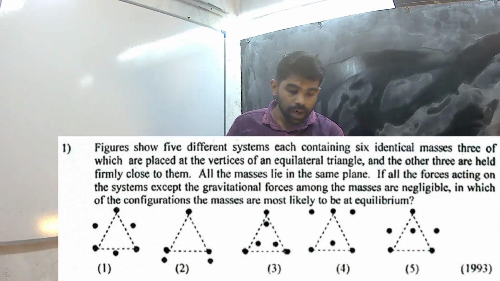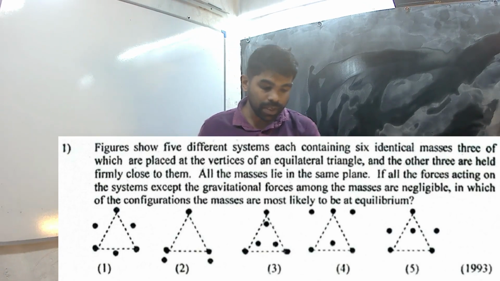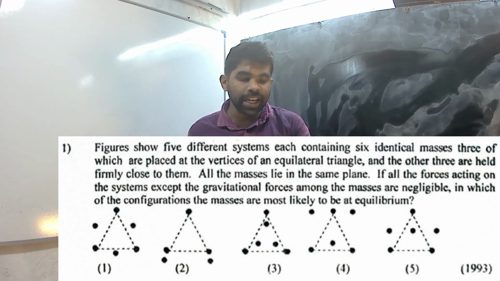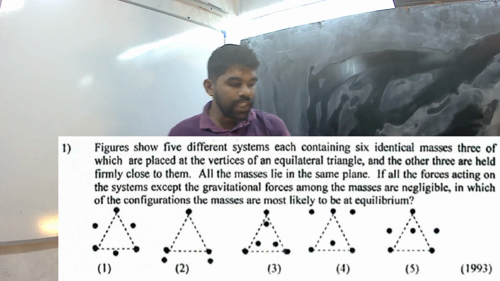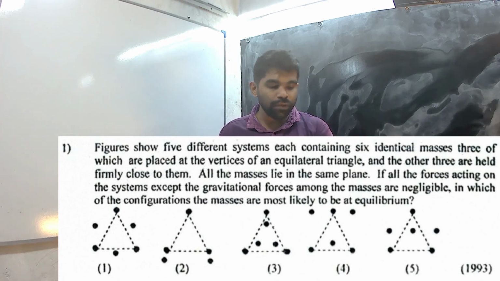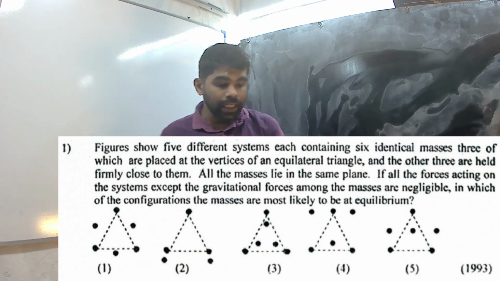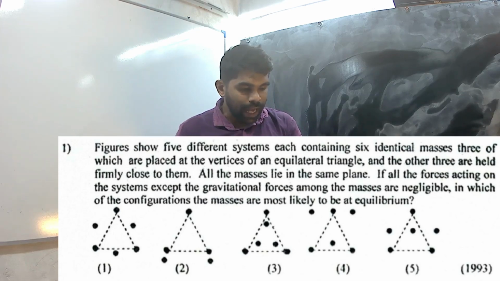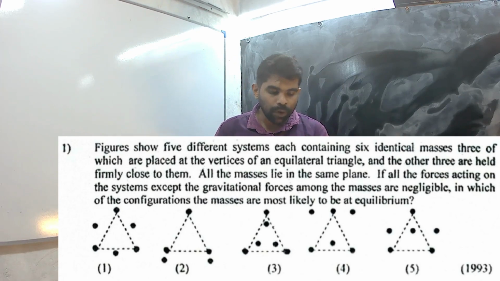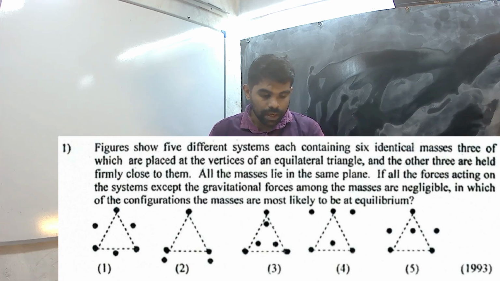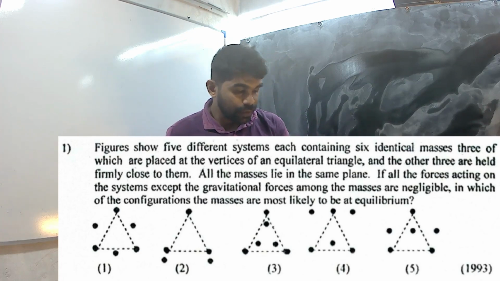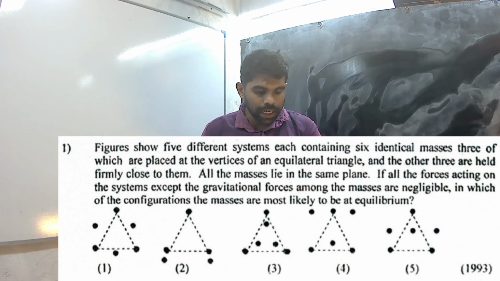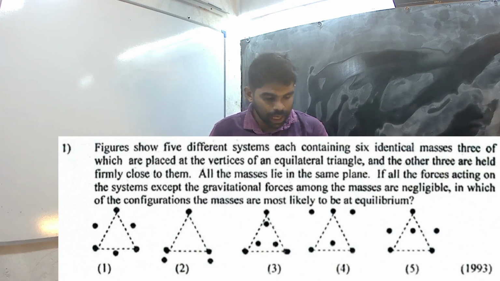Question number 1. The figure shows 5 different systems, each containing 6 identical masses, 3 of which are placed at the vertices of an equilateral triangle, and the other 3 are held firmly close to this. All the masses lie in the same plane. If all the forces acting on the system except the gravitational forces among the masses are negligible,